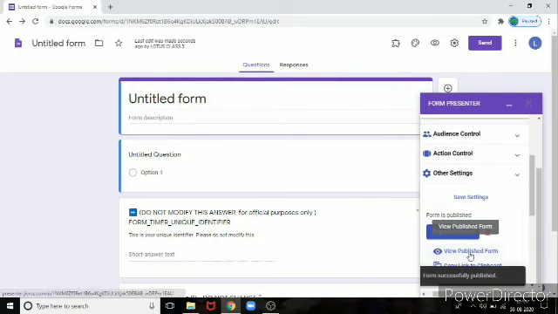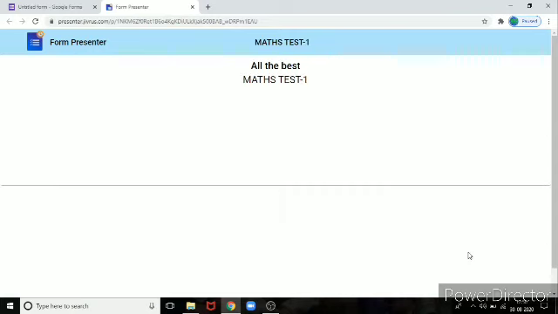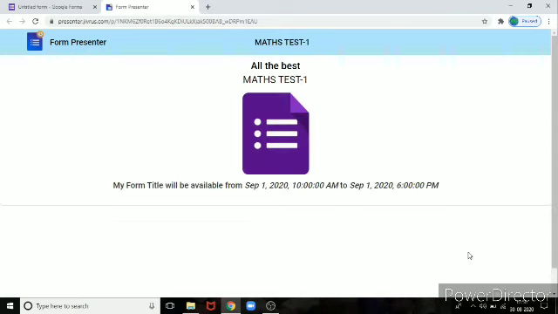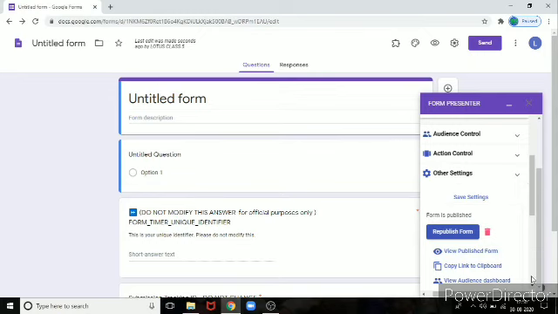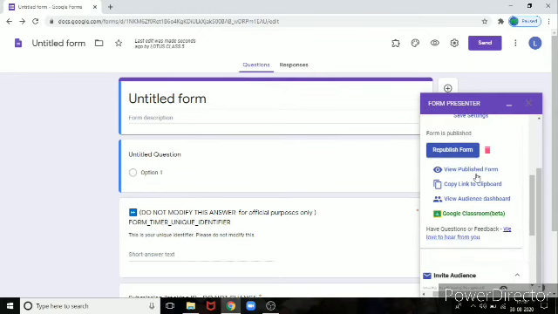You can view the published form. This is the interface of the form, maths test 1, with whatever instructions I have given. It will show here, and that is only the preview.